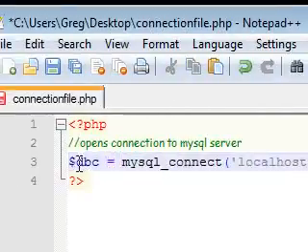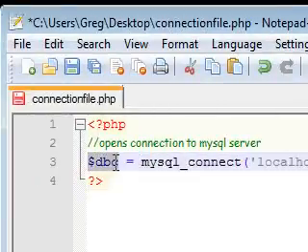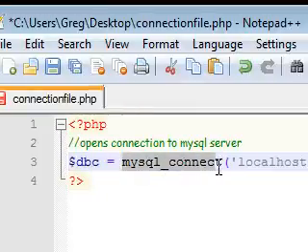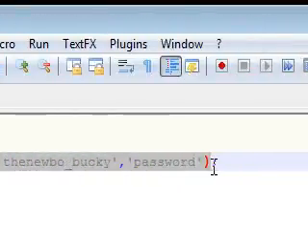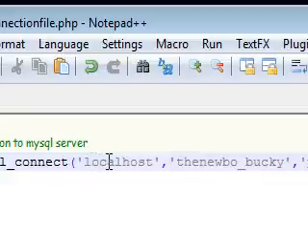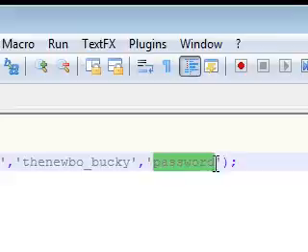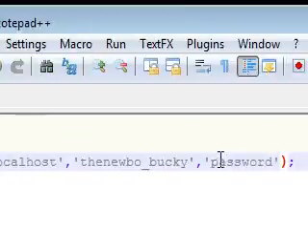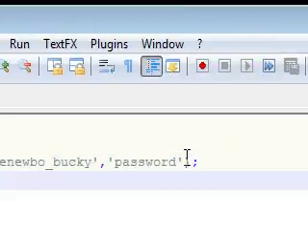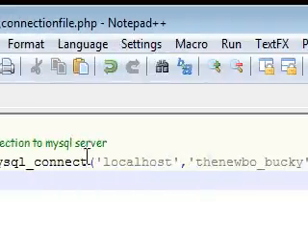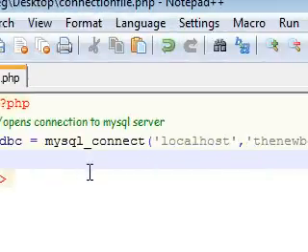So now that we have a variable, anytime we call this variable, it's going to connect us to our database. Here's what it's going to do. It's going to run through all these, make sure your username and password is correct, and then if it is, then it's going to connect you. So let's go ahead on the next line and make a simple if statement. Let's say if the variable database connect